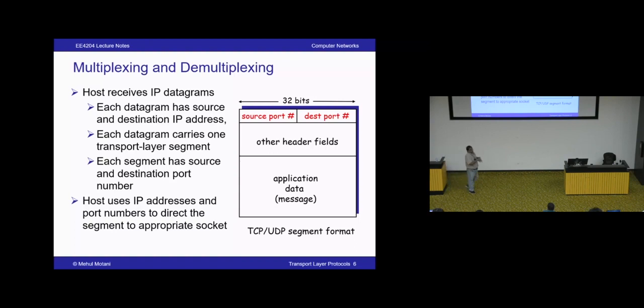And then you have the rest of the fields, whether it's TCP or UDP. When we talk about it, we'll talk about what's in the rest of the fields. Okay, but this is the idea of multiplexing and demultiplexing. And because we need to address a specific process, we need an additional addressing mechanism, which we call the port number. Okay, everybody good? And I think I mentioned to you before, many port numbers are reserved by the operating